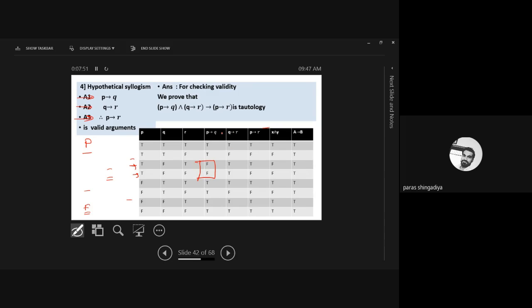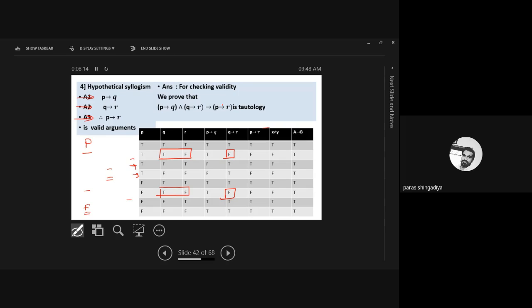Now Q to R. So find the cases where the TF condition occurs. That is the second row, there is a TF. So it will be F here. Okay. And then after, in the fifth row and sixth row, there is a TF, so it will be F here. Okay. In all the remaining cases, it will be T. Okay. That is the answer of A1 and A2.